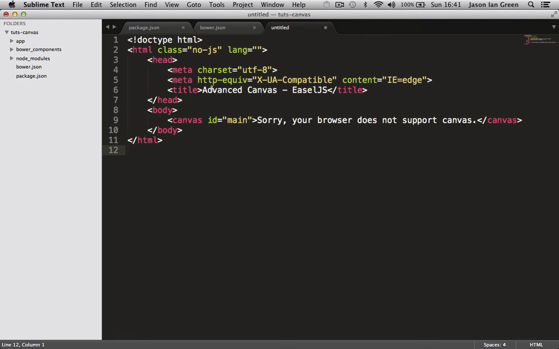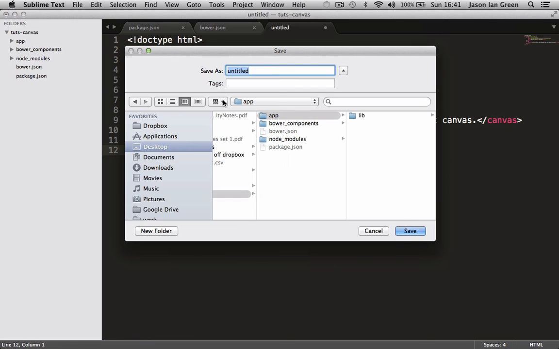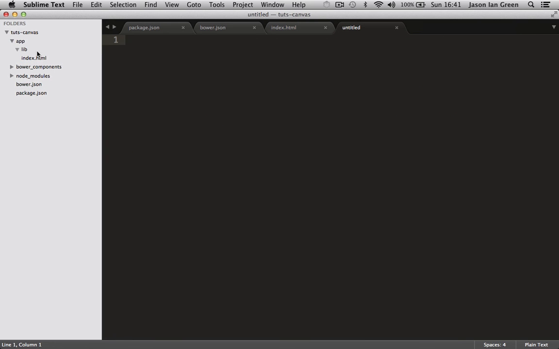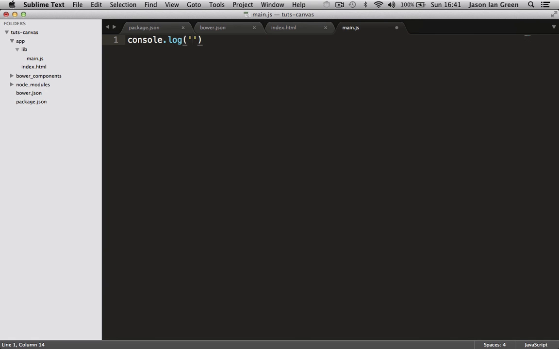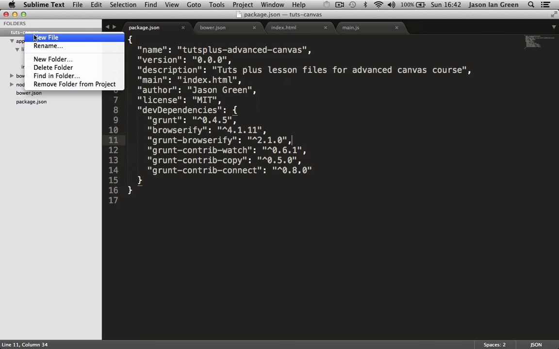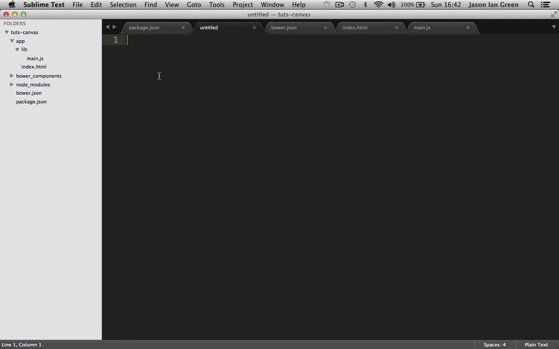As you can see, we have our title, and we've got a canvas with an ID of main. We'll save that as index.html, and then inside lib, we'll create a main.js file. And we'll just console log app started. So let's create a new file in the top level and we'll call it